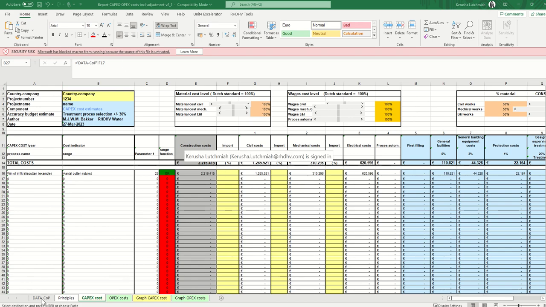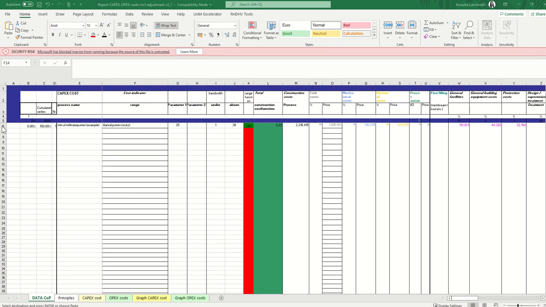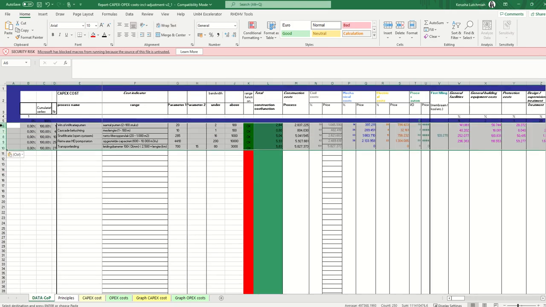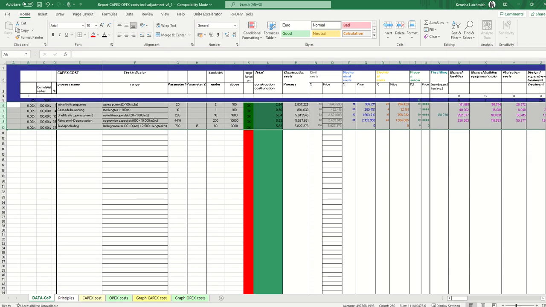So in the English version, we go back to the tab Data Cop. And you can see that's row 6. And we paste them in here. And now all the figures and names will be transferred to this English file, right? Okay, so once we've filled all of these rows in, we can actually see how this looks in the other